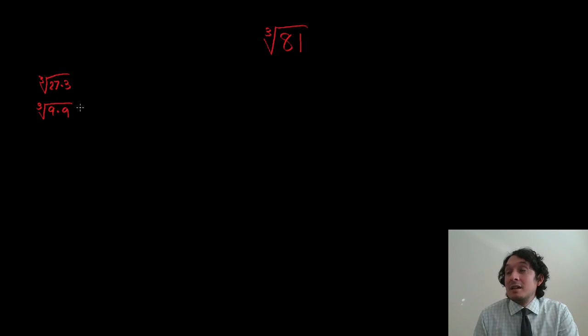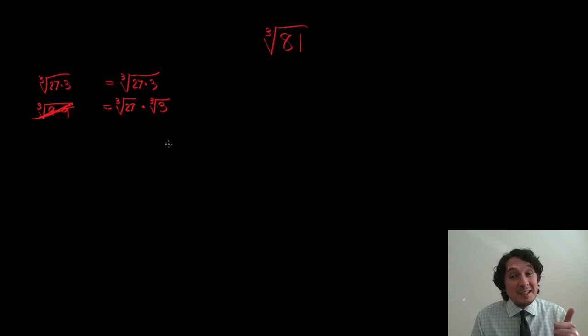So anyways, if we're looking for perfect cubes, because this is a cube root, well, then this one's got to be off the table. There's no way it can work because 9 and 9, those aren't perfect cubes. 27, however, is. So we're going to say that the cube root of 81 is equivalent to the cube root of 27 times 3. And just like a square root, we can break it into 2 pieces. So this is the cube root of 27 times the cube root of 3,